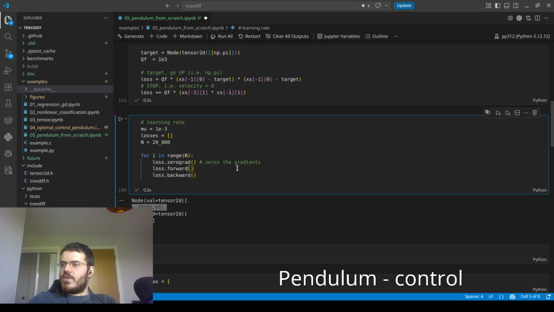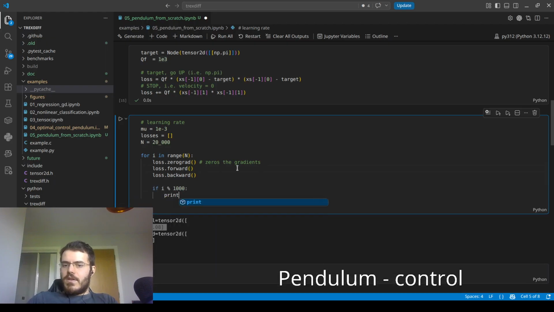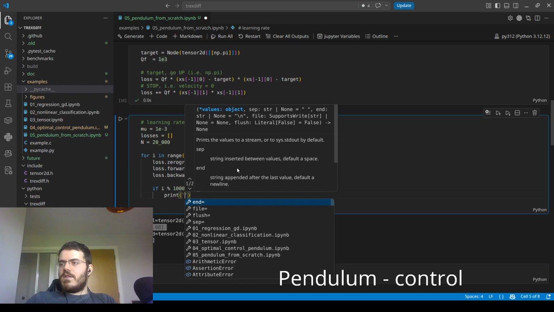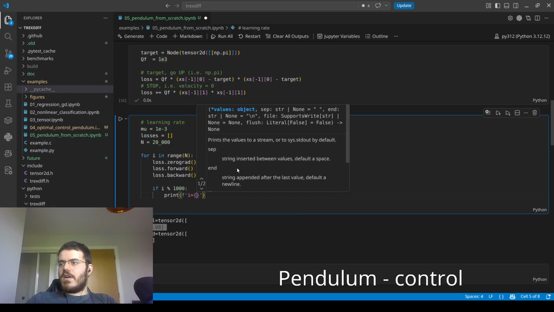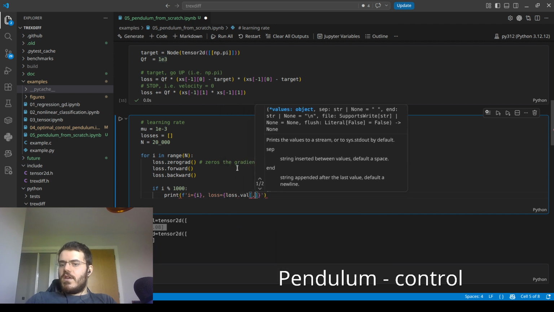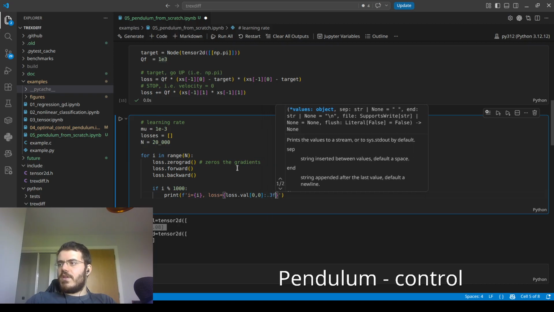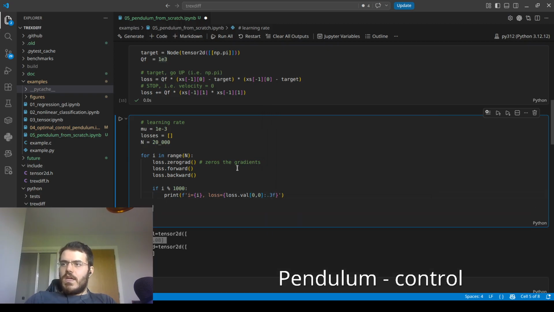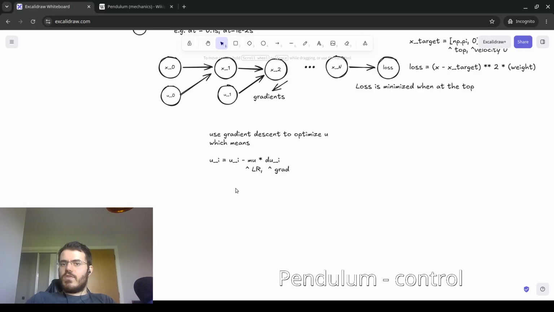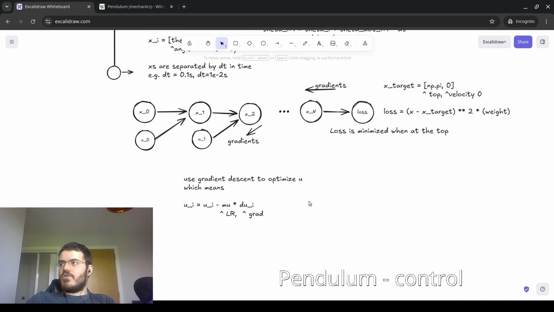There's a very good chance we don't. Anyway, we'll get some printing. We'll say at i equals i, our loss is the val. So these are all tensors, so I am going to have to index into them, which is why I need to do this. I'll get precision, and then for each u, we're going to do this rule that we just wrote here, and this is basically just gradient descent,